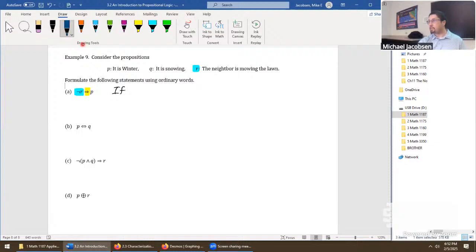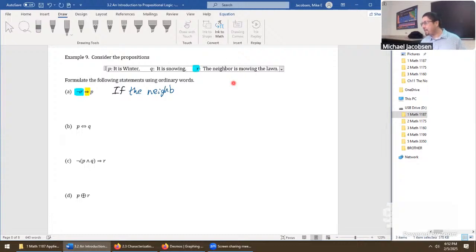So go, if the neighbor... there's no spell check in an equation field, so these things have a habit of cropping in. Let's remove that extra consonant. Sorry for the distraction there. If the neighbor is not mowing the lawn,